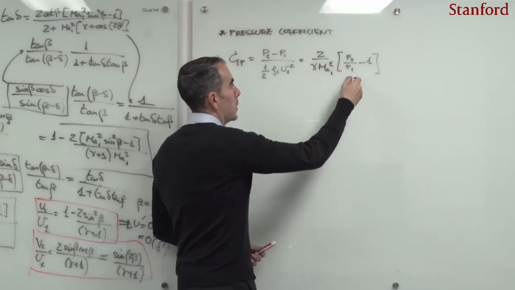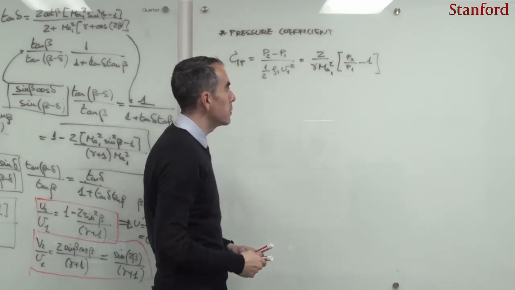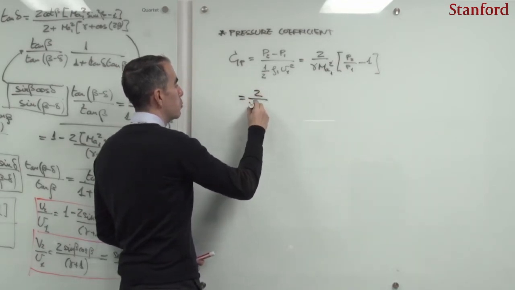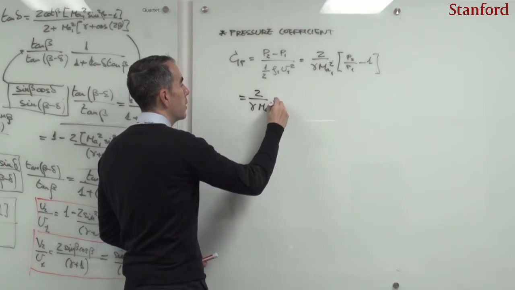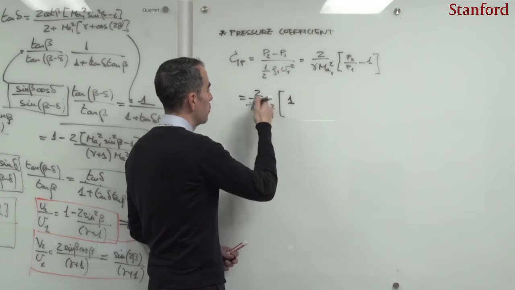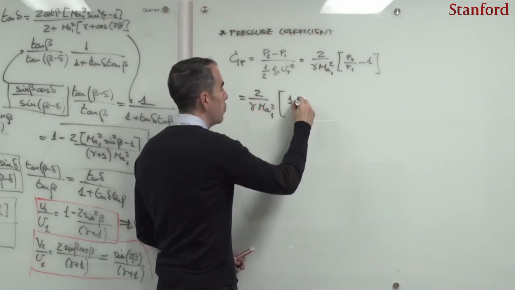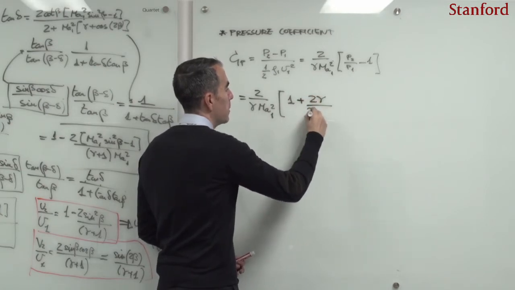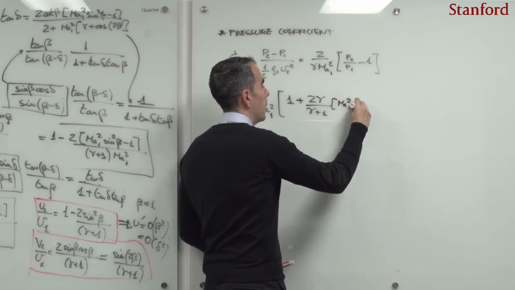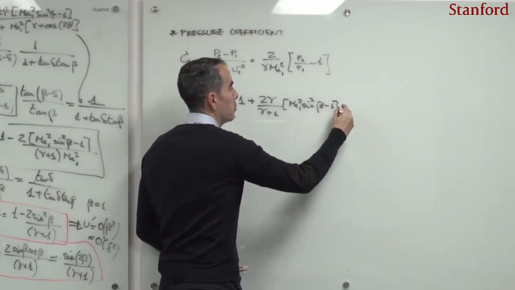Well, so for instance, this ratio, one can substitute from the Rankine-Hugoniot jump conditions. And then one would obtain that this is equal to 2 gamma multiplied by the Mach 1 squared, and then multiplied by 1 divided by, so it will be 2 divided by gamma multiplied by Mach 1 squared, and multiplied by all of this: 1 plus 2 gamma divided by gamma plus 1 multiplied by Mach 1 squared sine square of beta minus 1, and here this minus 1 too.